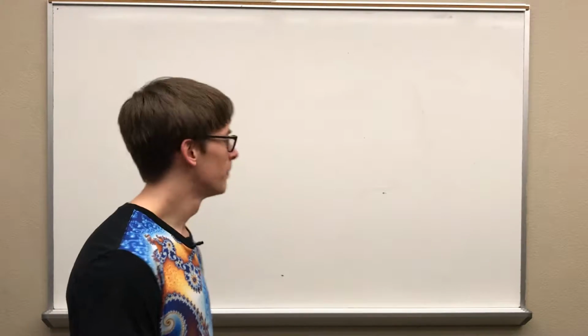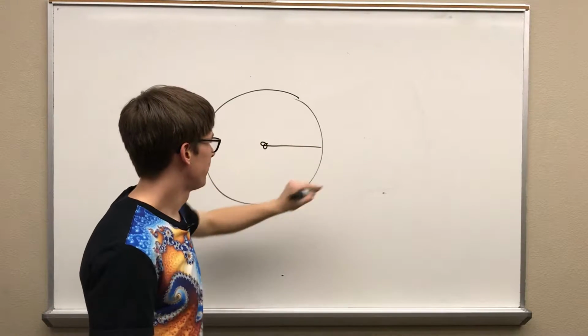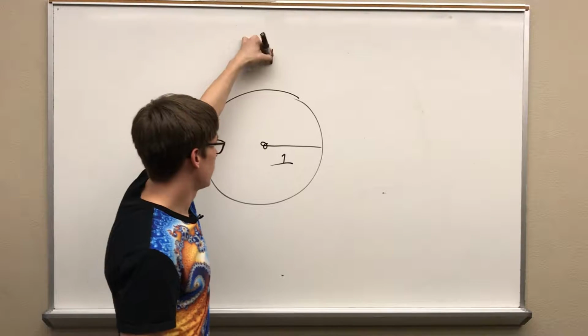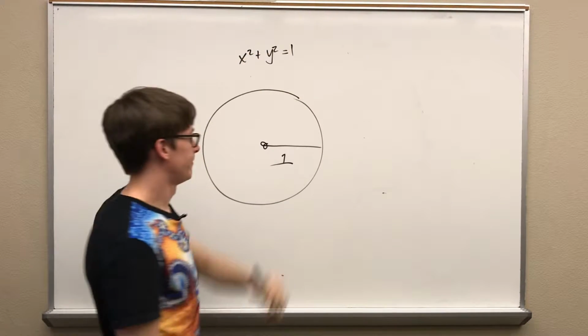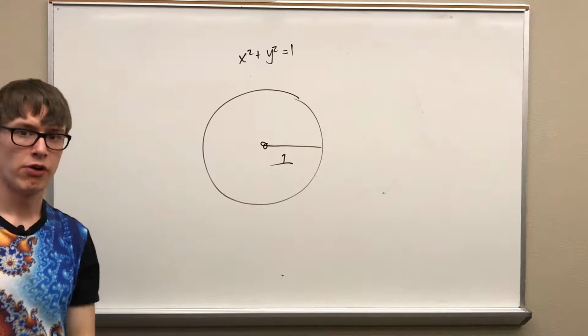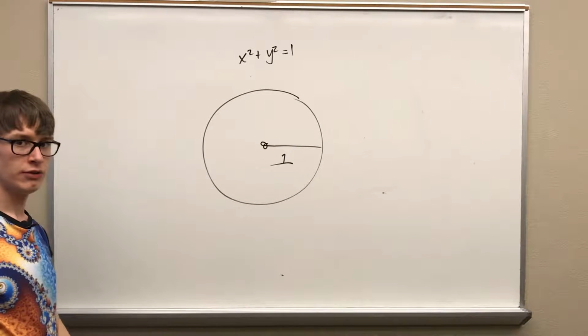Okay, so this is just a brief overview of the unit circle. The unit circle is simply a circle with radius 1. This circle has the equation x squared plus y squared equals 1. We use this unit circle in order to define 6 trigonometric functions, which will be of great use in science